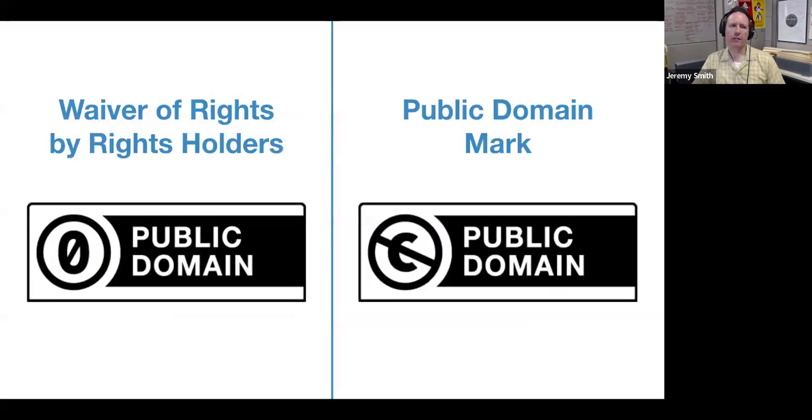And there's even a variant of Creative Commons that's not really a license, but really just a waiver of rights. That's CC0. Creative Commons has this option where you can essentially say, I'm putting my work out into the public domain right off the bat. And that's a dedication, so the rights holder determines that.